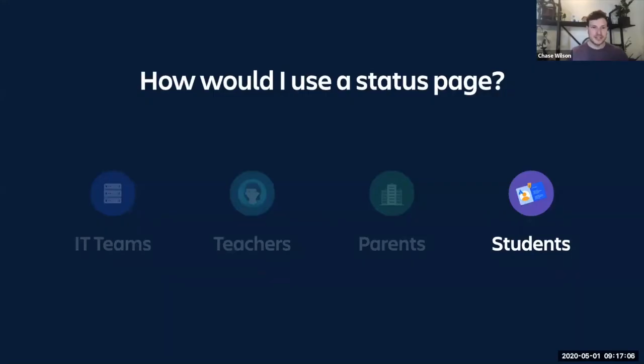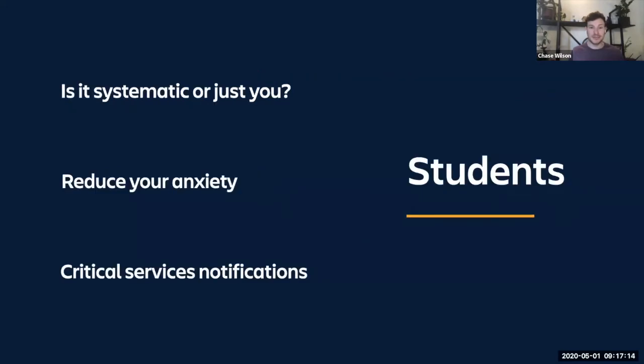And if you're a student who is on a Zoom call for your class and it suddenly cuts off, you're going to want to know whether or not you're the only person who can't access that platform, and figure out if it's systematic or if it's just you. And if you have an assignment that's due in 10 minutes, but you can't access the site,